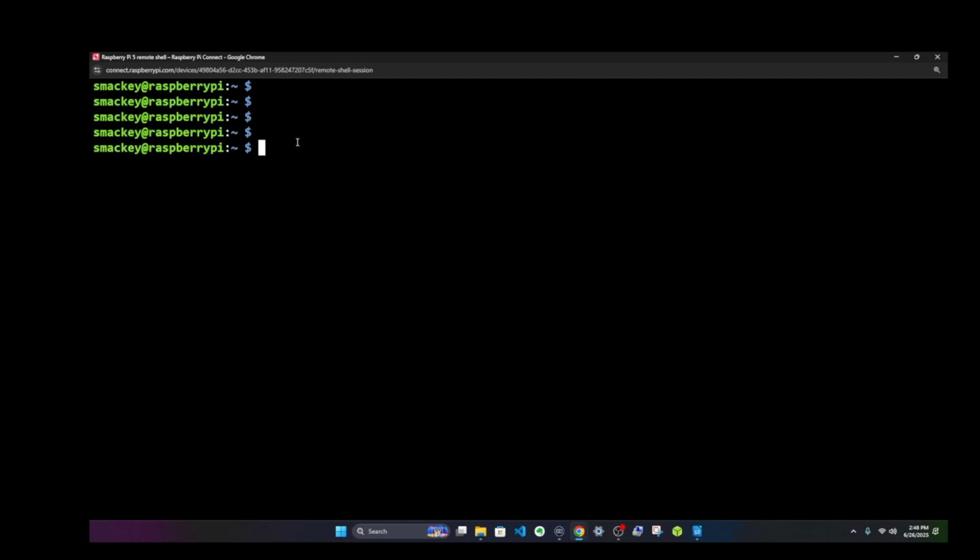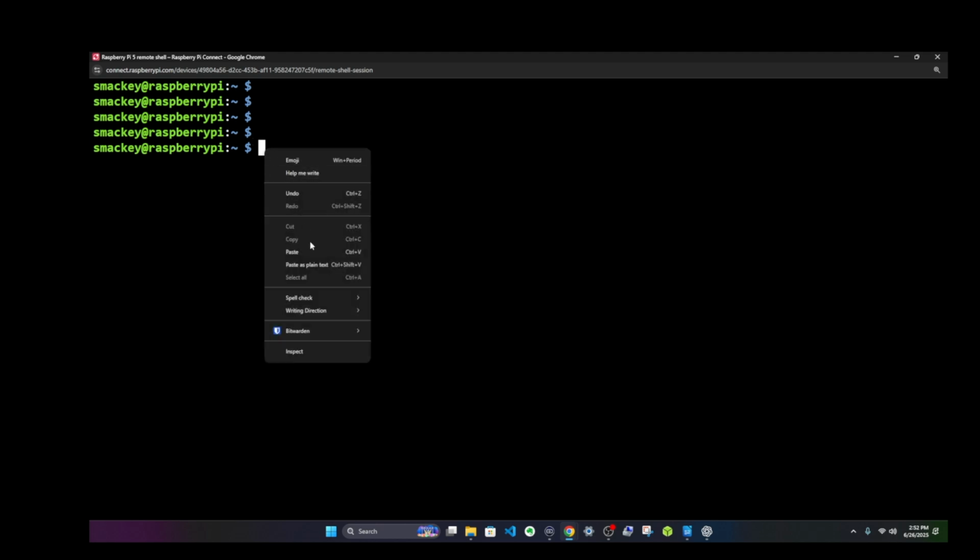Okay, so we are going to start with the Portainer install. First thing we're going to do is we need to make a Docker volume to make sure that our data is protected, or what's called persistent data. So we'll do a docker volume create portainer_data. So we'll hit enter. So now we'll go ahead with the actual install, and this is a pretty long line,